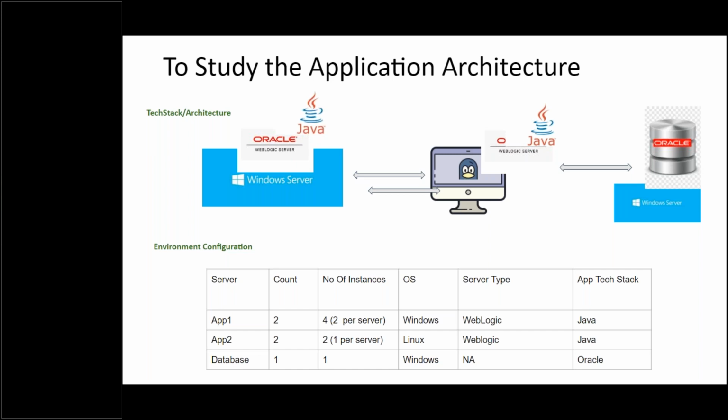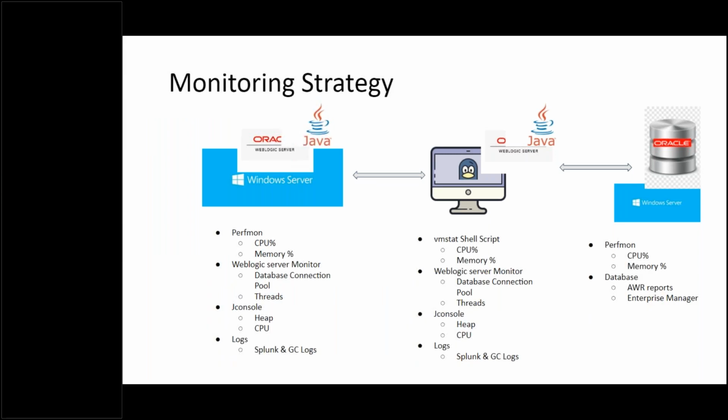And for each of these components, we have to make sure: is it a Java application or a Windows server? For a Java application, I will have JConsole or AppDynamics. For Windows Server, I will use Perfmon or any other open source tech stack. Oracle is there, I will use AWR Report. And so for each and every component, you should make sure that you have a monitoring tool available